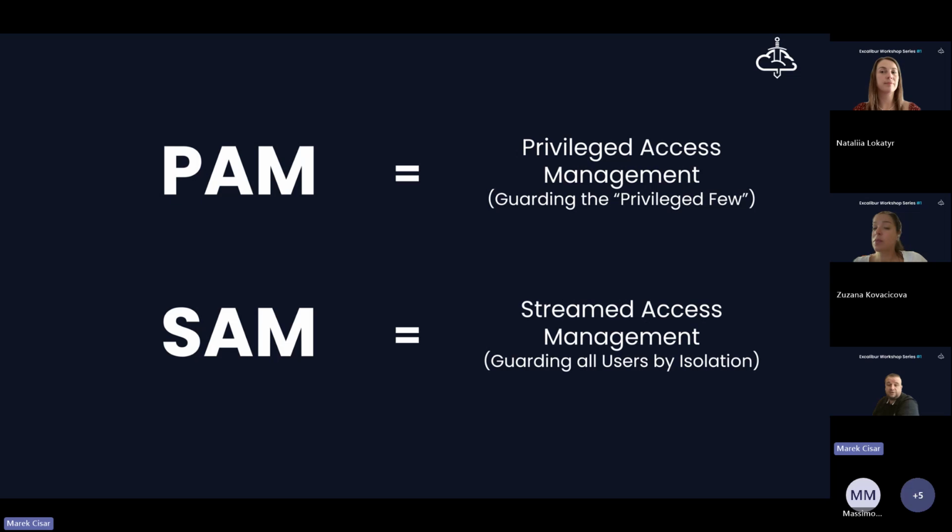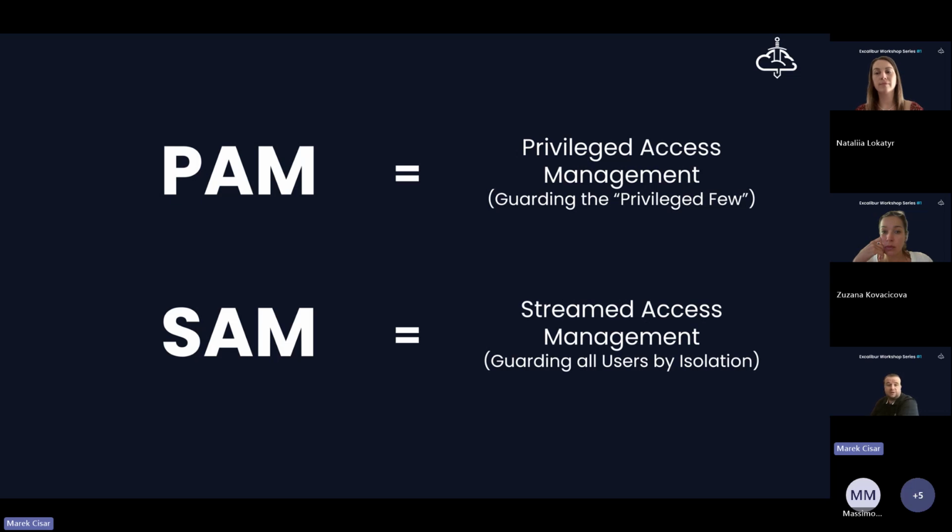But we would like to bring our solution for all users, to be sure that access to applications and platforms is secure for the users themselves, and we can also look at this the other way: the applications are protected against malicious activities performed by users as well.